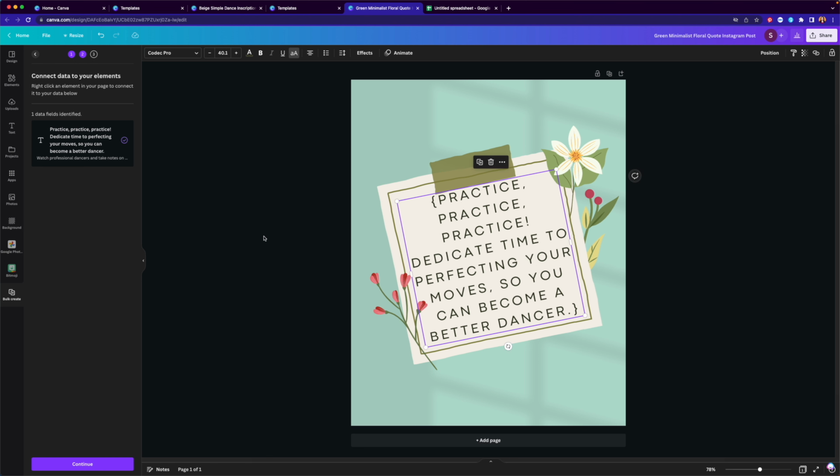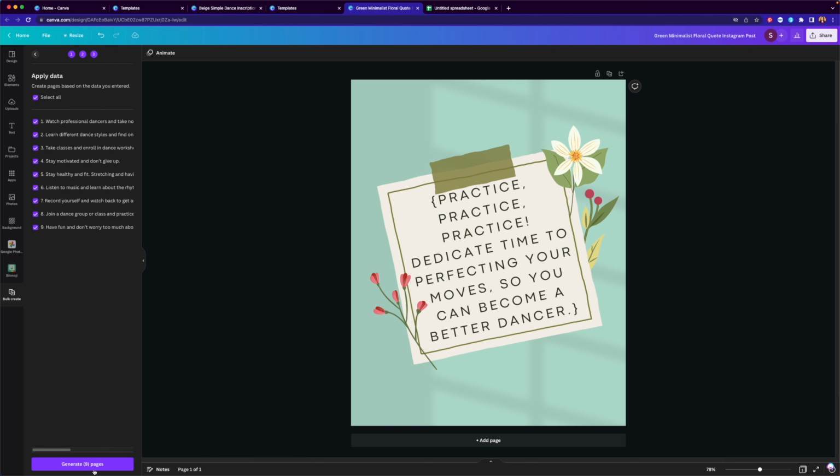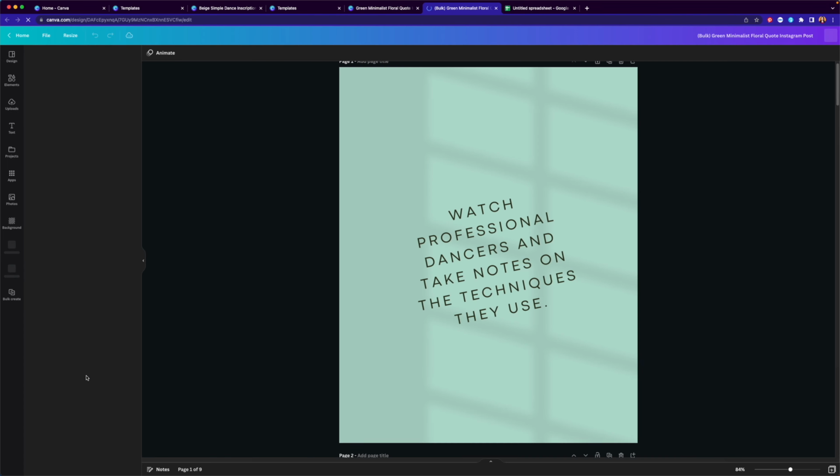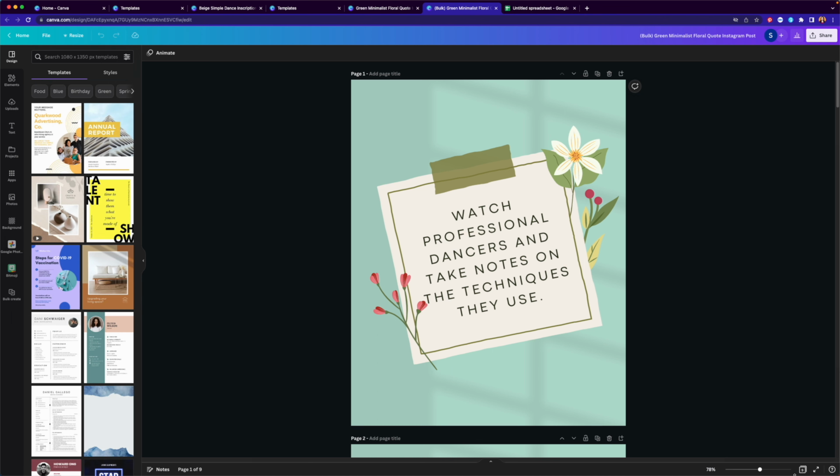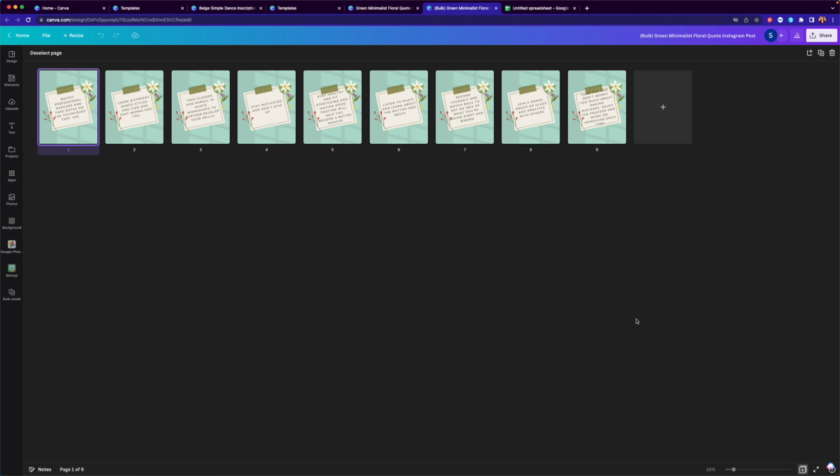The idea is though, you want to hit continue and then hit generate pages for all of the items that were checked or just the ones that you want. And if you go to the slideshow zoom, now you can see that you have 10 different slides, all with a different tip that were